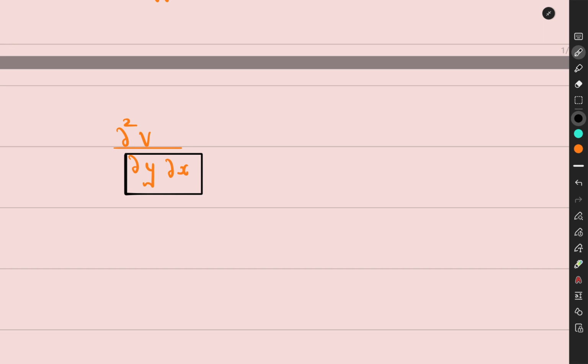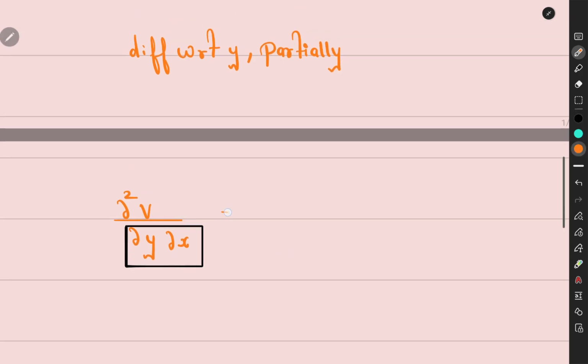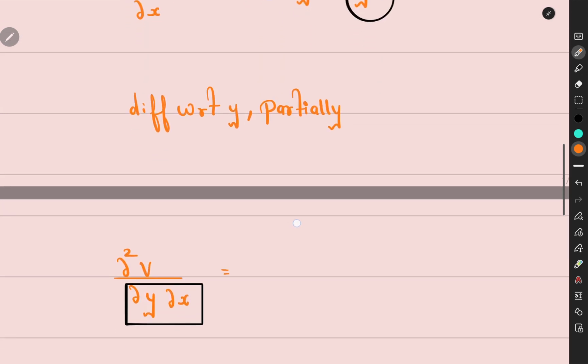Now there are two quantities, del y and del x, and in the numerator there's only a single quantity, which is del 2v, and the answer of this will be equal to